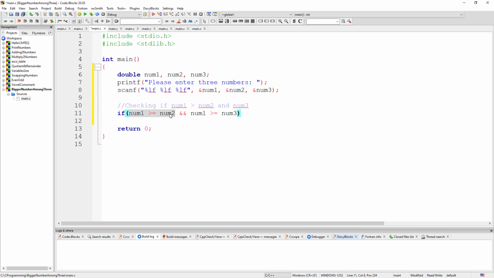If num1 is greater than num2 but is less than num3, then this condition is false. So this condition will only be true if num1 is greater than or equal to num2 and also num1 is greater than or equal to num3. Only then we can go ahead and print f